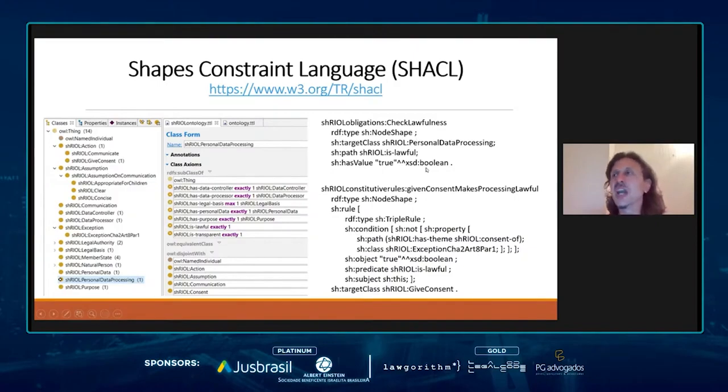Okay, because you know that obligations are not inconsistency. So the ontology can be consistent, but we can still have some violations, like if the value of this Boolean is false. And here is an example of how we implement a constitutive rule. Here there is a rule that says that if the data subject has given consent and there is not this exception, now I don't have the time to detail that, but you find it described